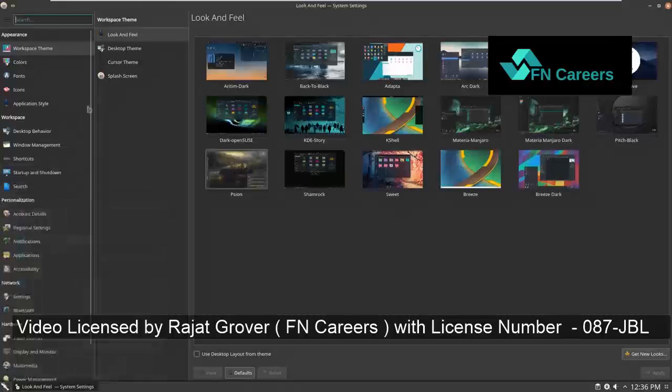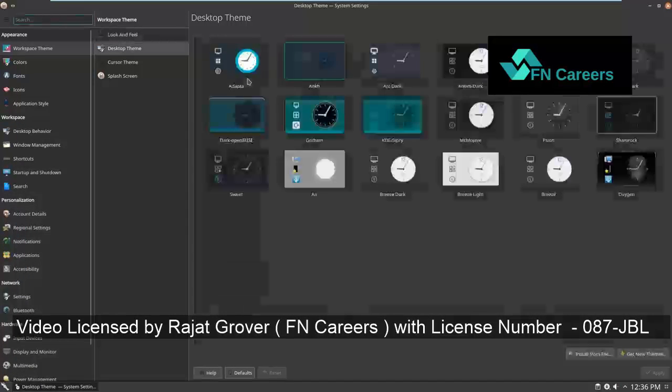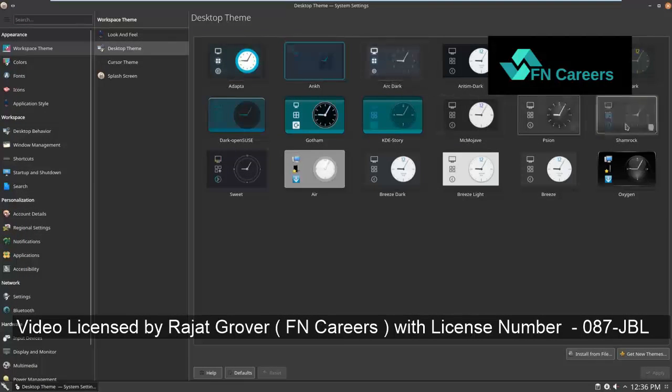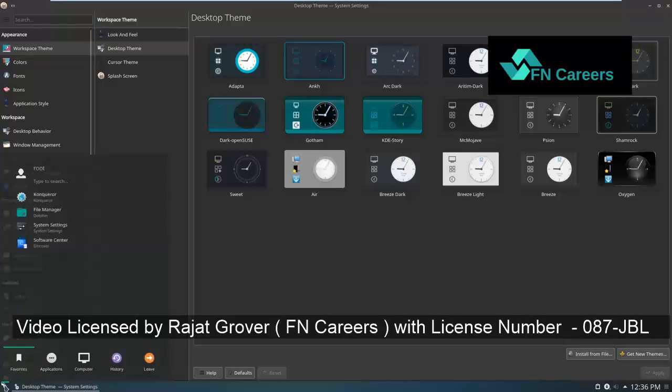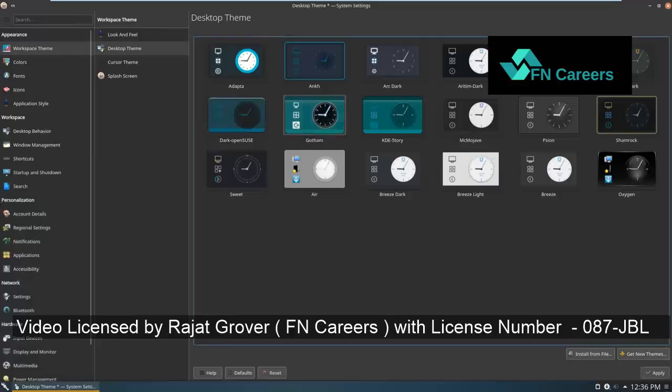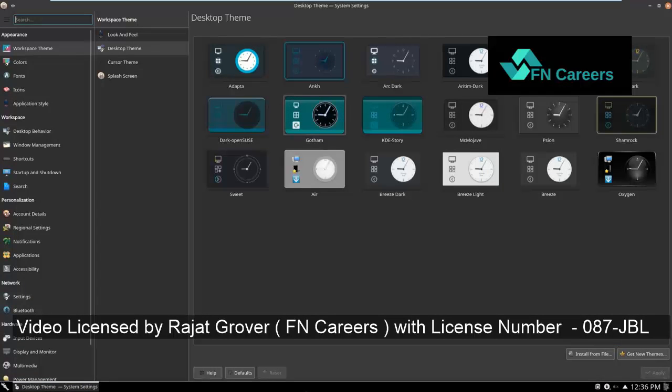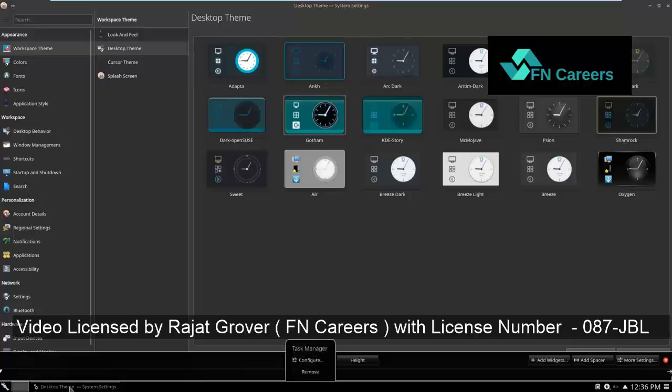Now here, go to desktop theme. Now go to, as I said, let's try Santa Dark, which is again really nice and pretty looking, as you can see. Nice, but I like to use Gotham. So here, now I need to open that pane, and here click configure the task manager,